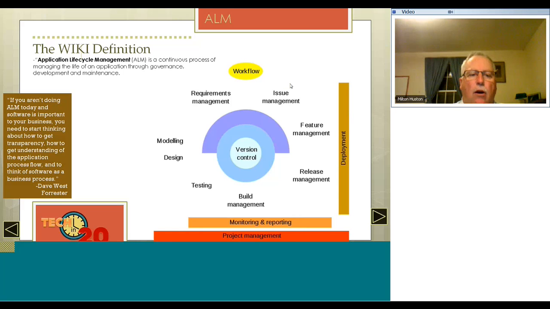At the core is a strong version control engine, something that can manage artifacts and make them available to all the different peripheral components required to make up ALM. How do you do that? Workflow is a big requirement. You want to be able to link those changes to your requirements, to the modeling, design, testing, certainly to the build management,